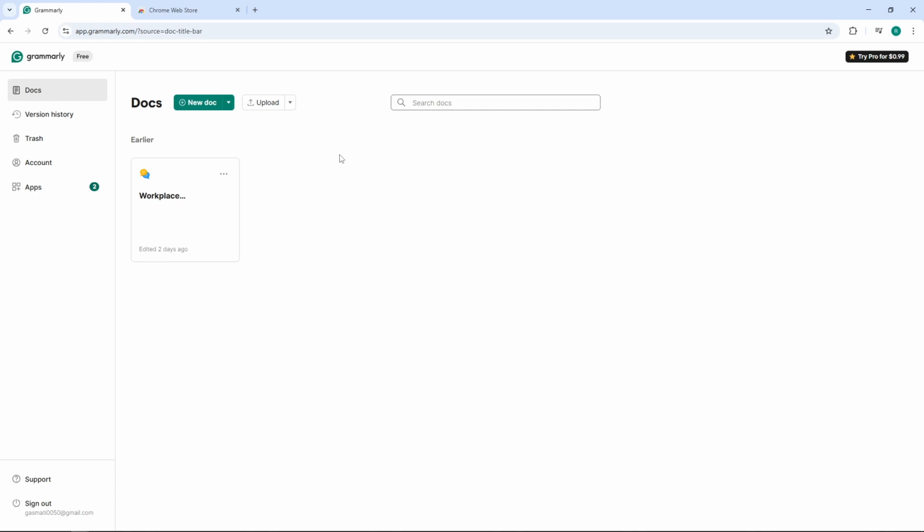This is a fantastic tool that helps you write better by catching grammar mistakes, improving clarity, and even offering style suggestions as you type across websites, emails, and documents. Let's jump right in. Start by opening a browser window and head to